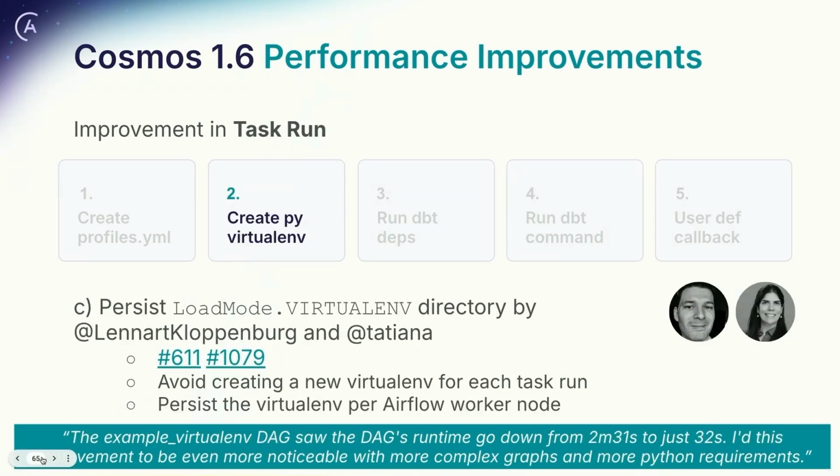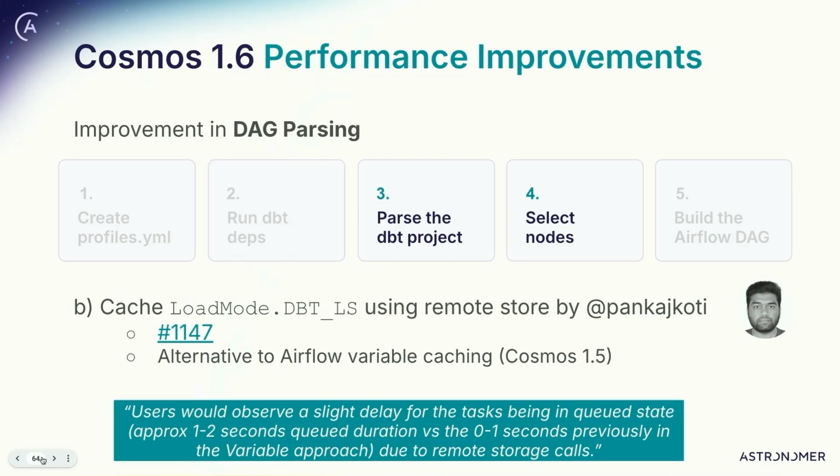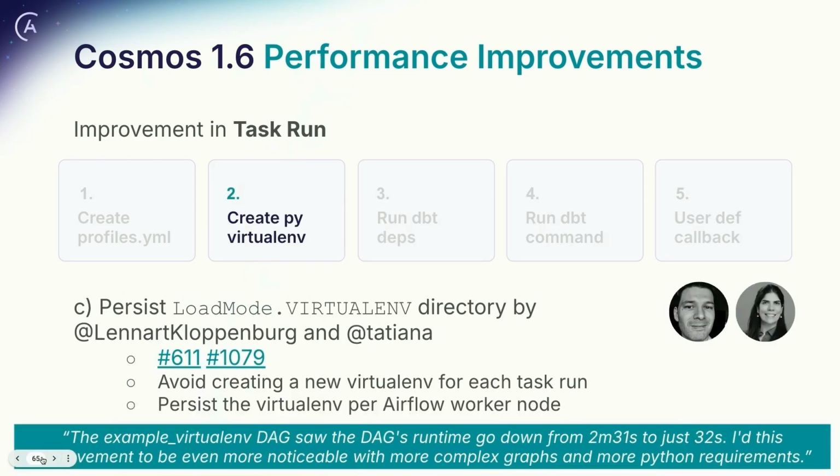Okay, one comment about this one is that to store in the Airflow metadata database, we of course compress the output of dbt-LS. And we did some tests with DAGs that had 5,000 dbt nodes to make sure the space we were using wouldn't crash and would be compatible. So just a disclaimer. But the customer that we were working with, a gaming company, said, we really want to be able to cache this elsewhere. But then we released alphas of this and they never gave any feedback. So they remain using the variable as far as we know.